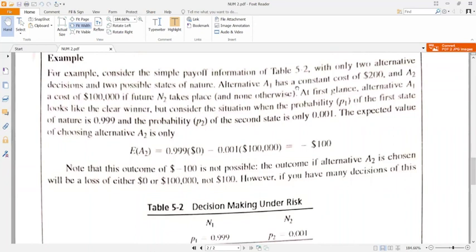Alternative A1 has a cost of $2,000, and A2 has a cost of 0.1 million or 1 lakh dollars, if future N2 takes place and none otherwise. At first glance, alternative A2 looks like the clear winner, but consider the situation when the probability P1 of the first state of nature is 0.99 and the probability P2 of the second state is only 0.01. The expected value of choosing alternative A2 is only